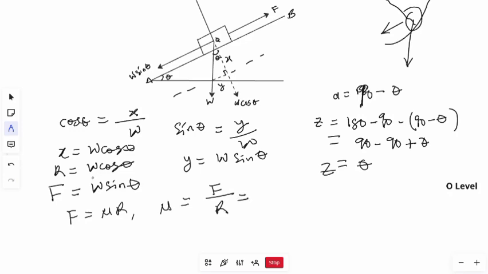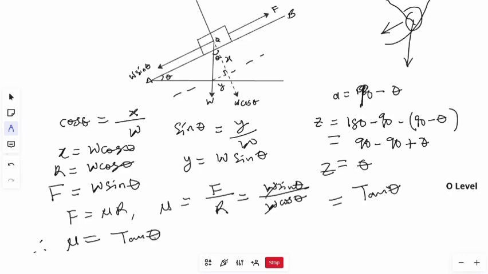But for an inclined plane here, our limiting frictional force is W sine theta, divided by R, and our R is W cos theta. And then W will cancel W. Sine divided by cos is tan theta. So therefore, our coefficient of friction for an inclined plane is given by the tangent of the angle